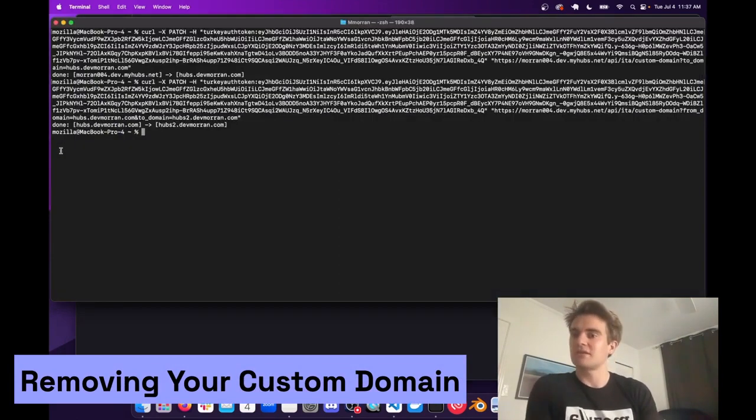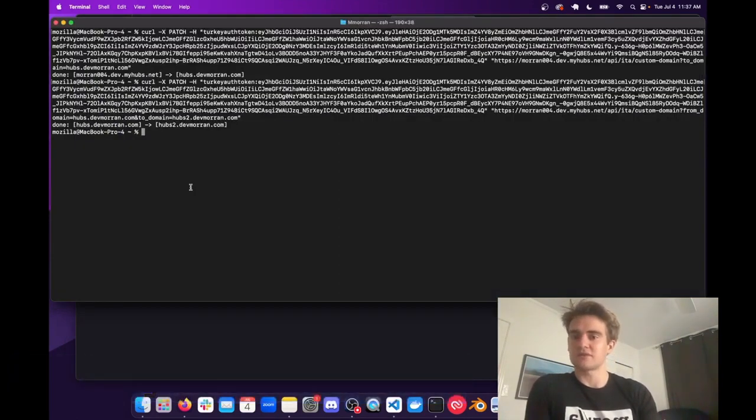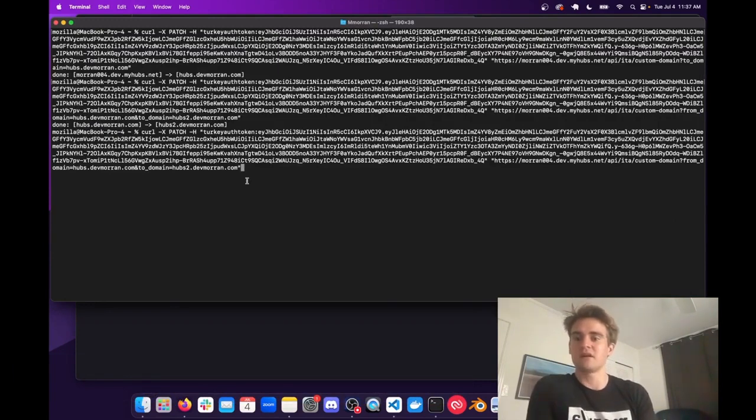completely? Well, the command is pretty similar to the last time, so I'm going to pull up that previous command. The only difference is that we'll want to leave to_domain empty. So after to_domain equals, we'll leave nothing. We'll just close it off with that closing quotation mark. Now remember, we do need to update our from domain to hubs2 now. If I run that command,